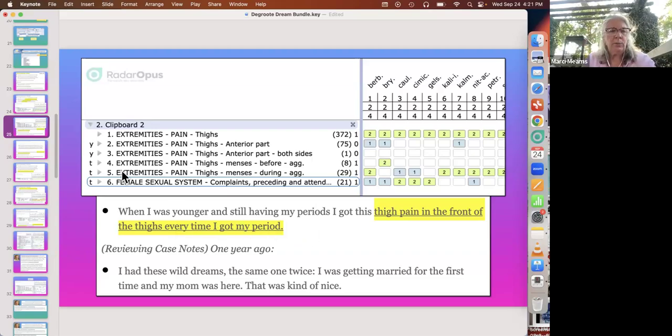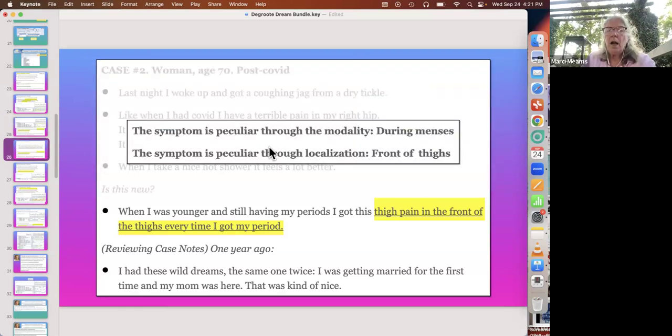Okay, now take a look at another screen here. One of the things I found in that Homeopathy article by Dr. Degroote was an extensive list of ways in which symptoms can be considered peculiar. Remember strange, rare, and peculiar?